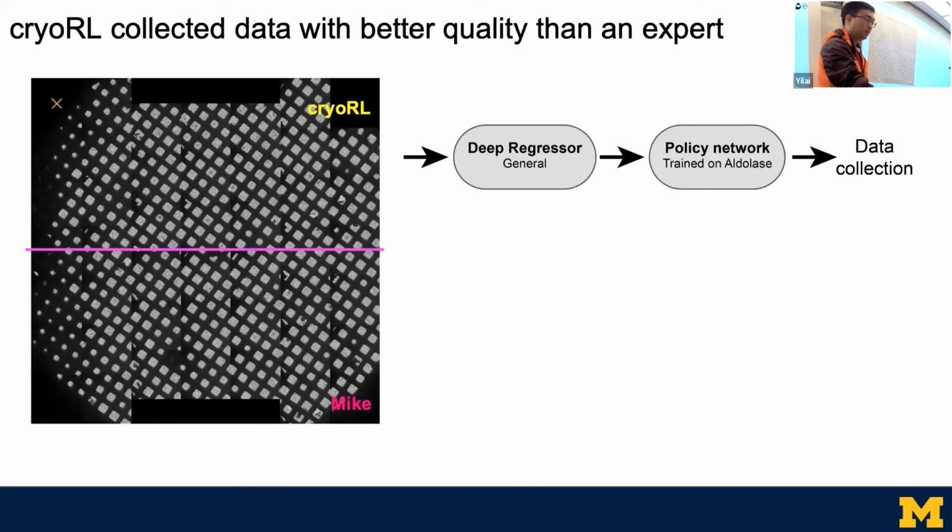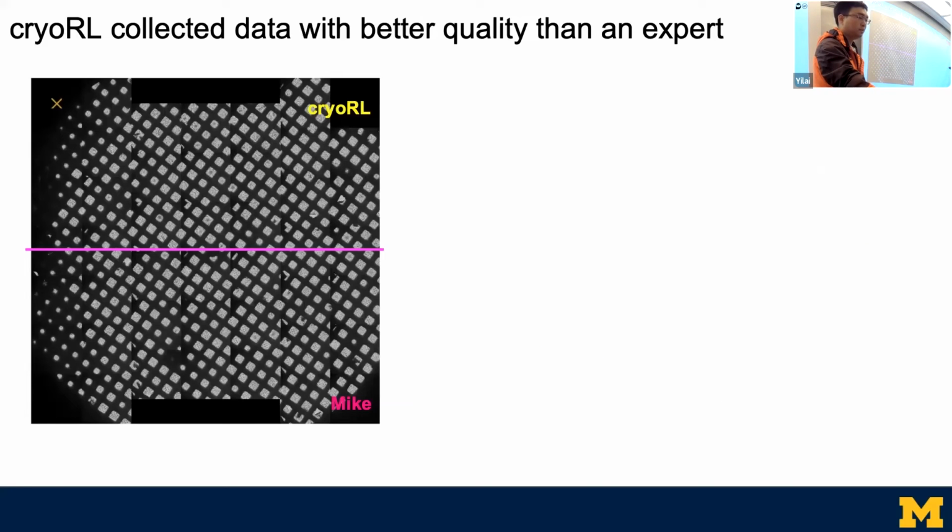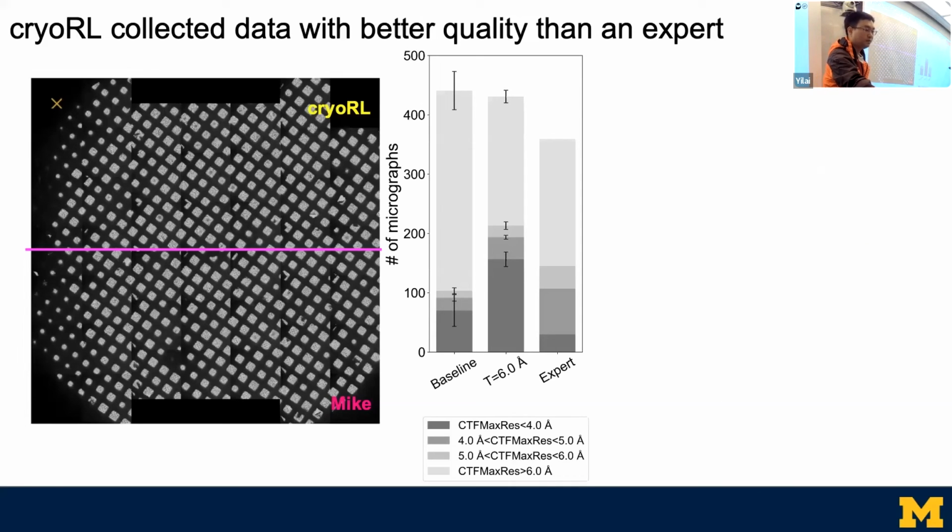So both models are transferred. And for the lower part, Mike would just freely collect over 500 micrographs on the other half of the grid. So this is the first 100 micrographs collected by cryo-RL and also by the expert. As you can see, an expert makes multiple mistakes, but so does cryo-RL. But when we plot the number of micrographs across the total trajectory, this is where the expert trajectory is translated to our time cost table. So during an 8-hour time duration,